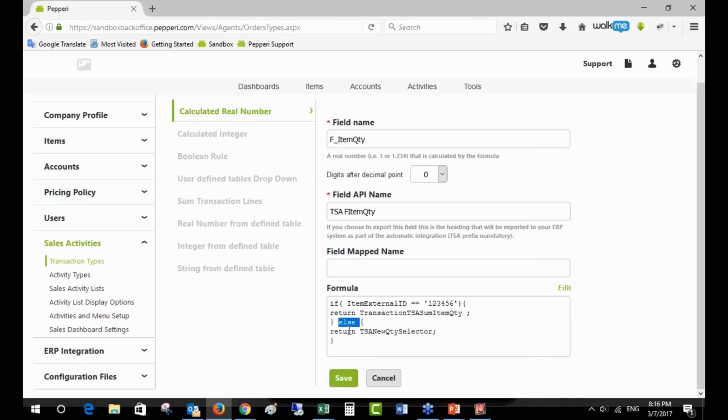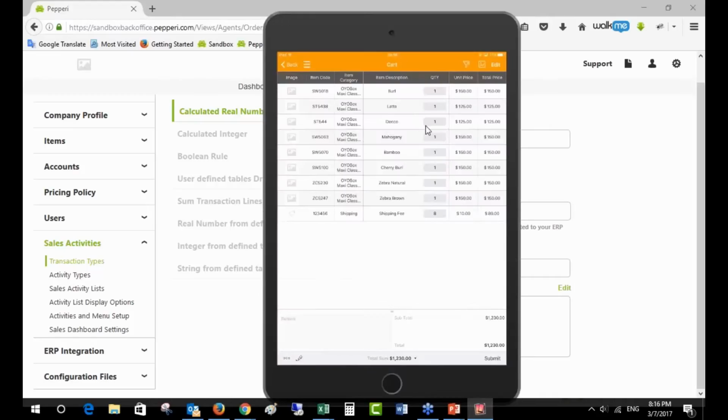Else, for all the other items, I just returned the regular quantity that was entered in the catalog. So what I'm doing here is assigning the sum of all of the items except for the shipping item as the quantity for the shipping item. There are 9 lines here, but I did not count the shipping item, because I returned 0 for its quantity, and then I summed up all the quantities and got the number